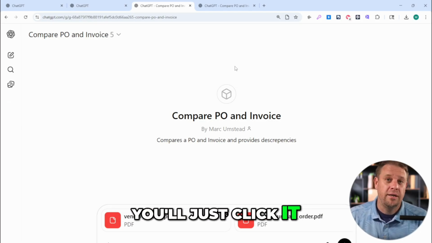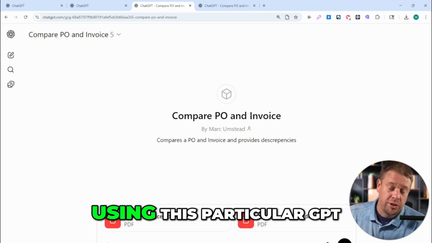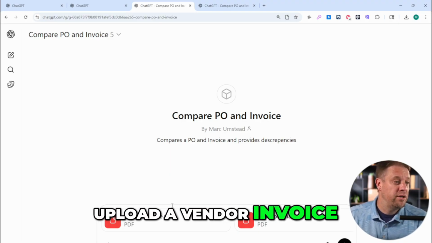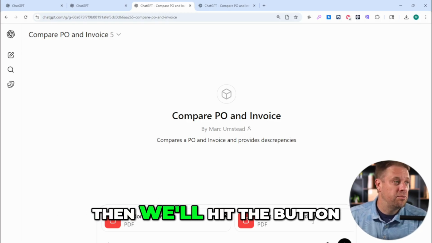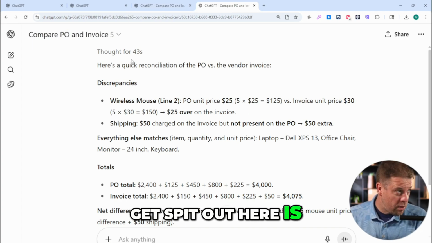You'll just click it. And for us, the only thing that we need to do when we're using this particular GPT is to upload a vendor invoice and our client purchase order. So we've uploaded these, then we'll hit the button, and then what will get spit out here is